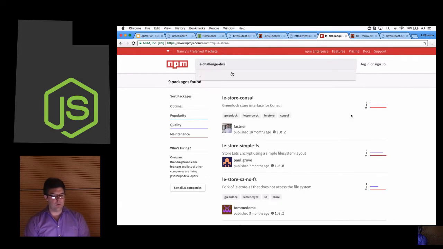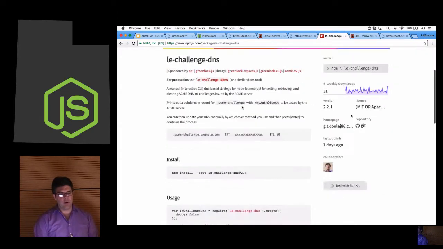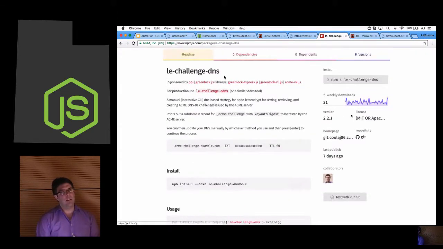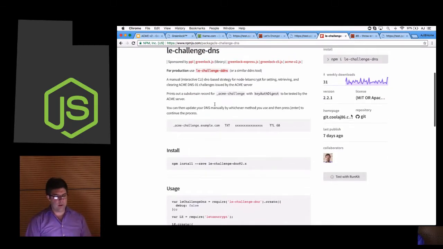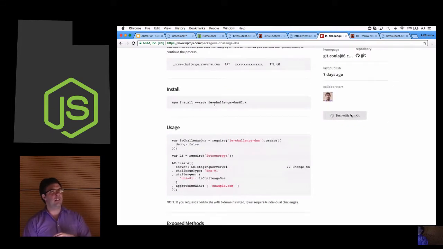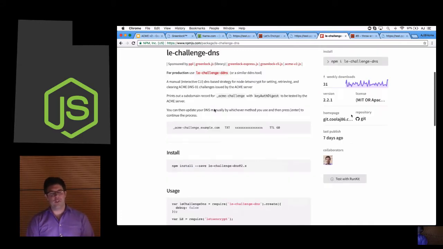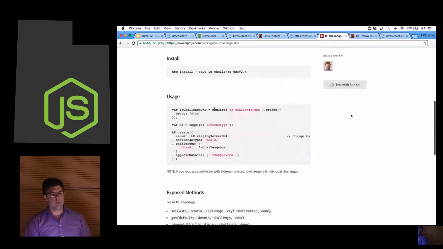Right now, I don't. So what you could do is, this one is kind of a LE Challenge DNS, a demonstration of basically how to build it. It'll print out to the screen like, go update your DNS record to this, then hit enter, that kind of thing. So if you're running the service in the foreground, this will work for that use case,